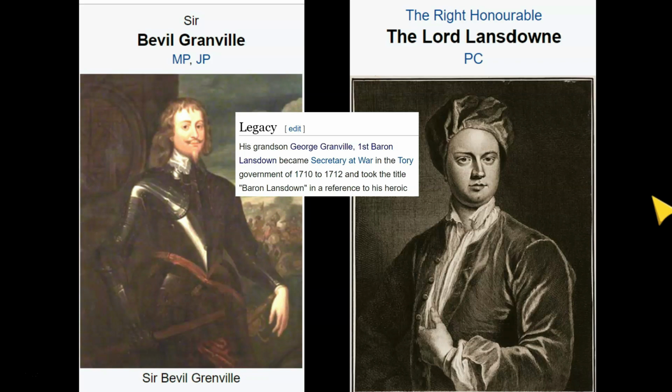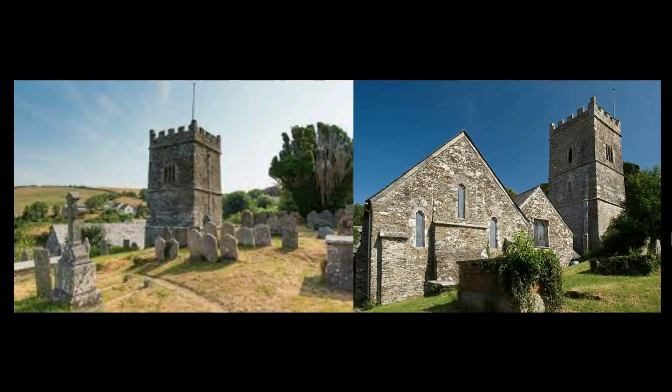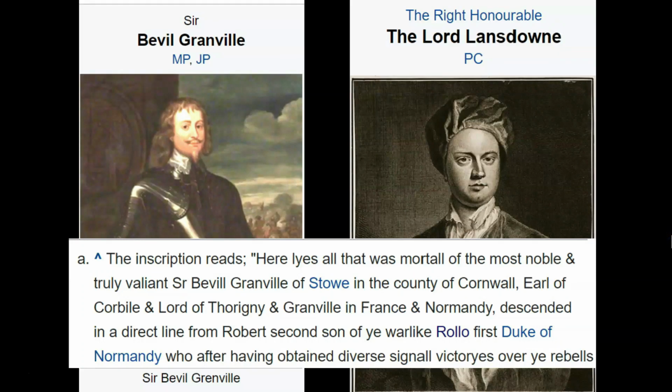And I do have to wonder if there could be any other relation between the Granvilles and the Pettys, the Fitzmaurices. I don't know. I didn't really string that out because I kind of thought this story was done, just another nice and easy bit of Mud City magic that I could cull from Dora's trip to Talon's church. But in reading more about Sir Bevil's grandson, George, the first Baron of Lansdowne, he erects a monument to his